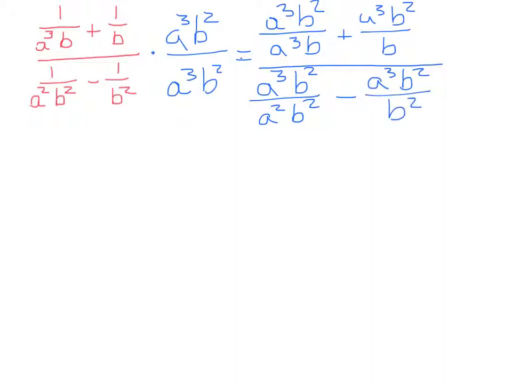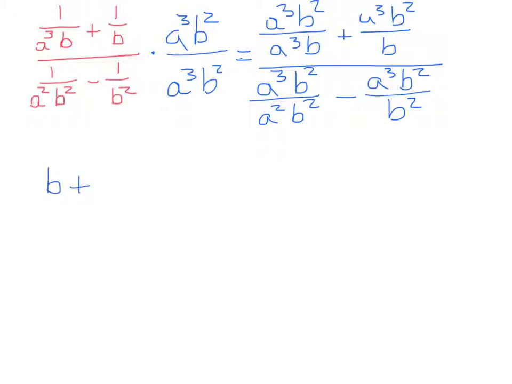And now I'm going to simplify all of these down. Now in the long run, you really don't need to do this step because you can cancel as you go once you get comfortable with what you're looking at. And I'm just doing this for the purposes of explanation here. But we're going to take this first rational expression in the numerator and simplify it down, right? The a cubes cancel, and we're left with a b